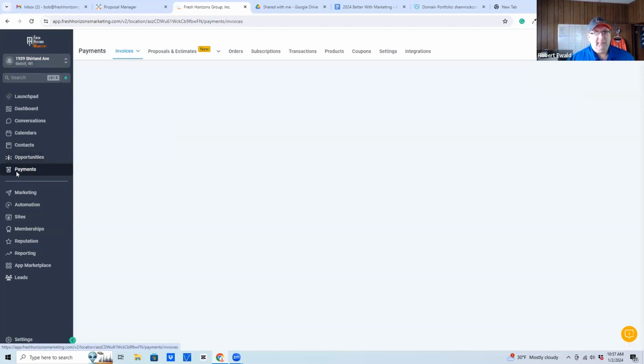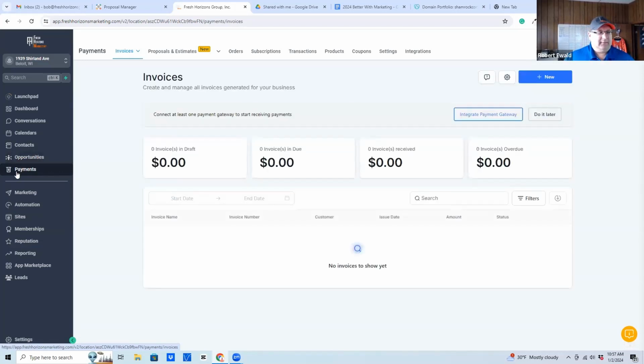Now, jumping in here to the payments tab, you can collect payments. This integrates with Stripe, as well as a few other payment processors, but the primary one right now is Stripe. You can create invoices, recurring invoices. So let's say you're maybe a Taekwondo studio, and you want to bill everybody that takes a particular class on the 15th of the month. You can set that up as a template, and then just add people to that. You can just use that template